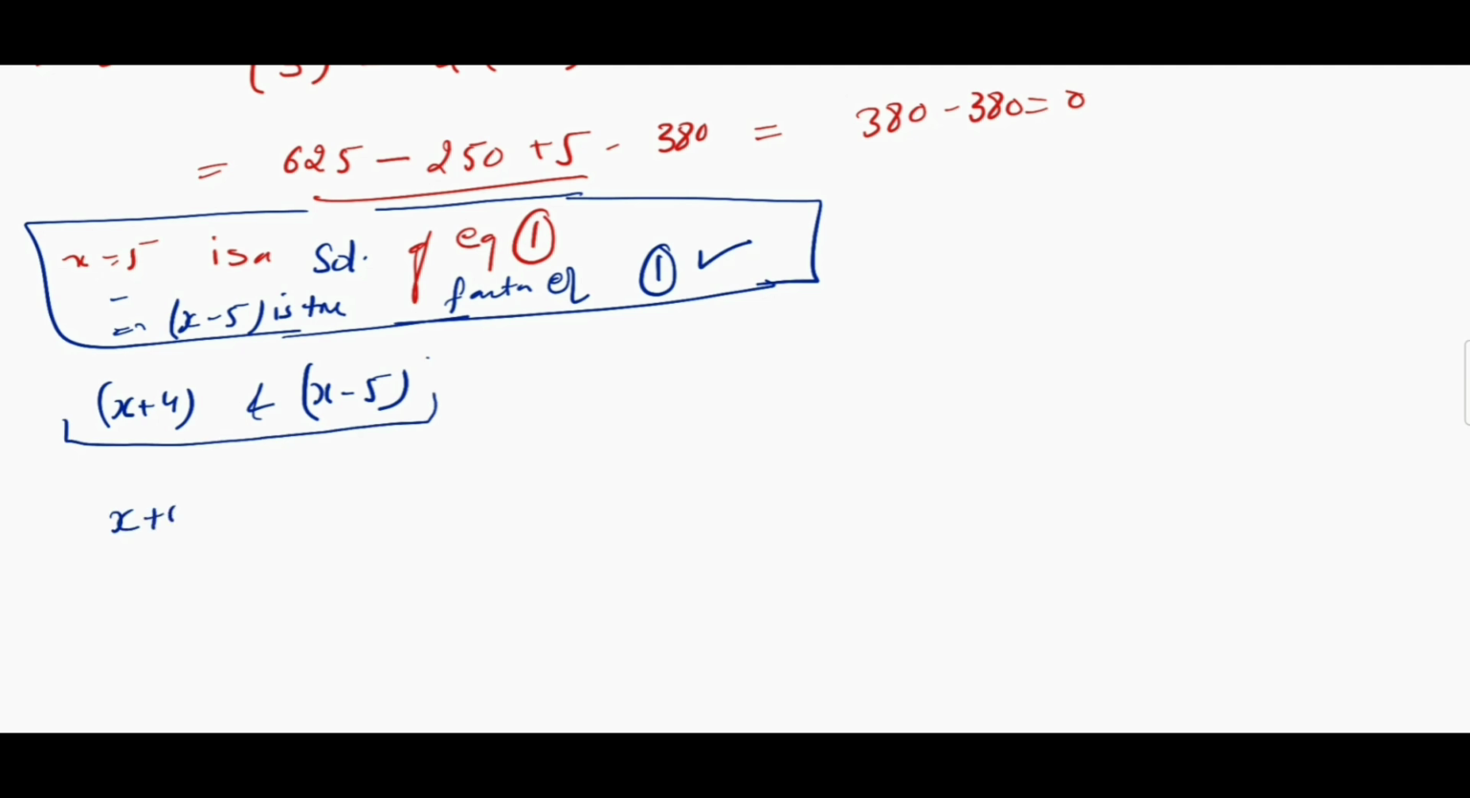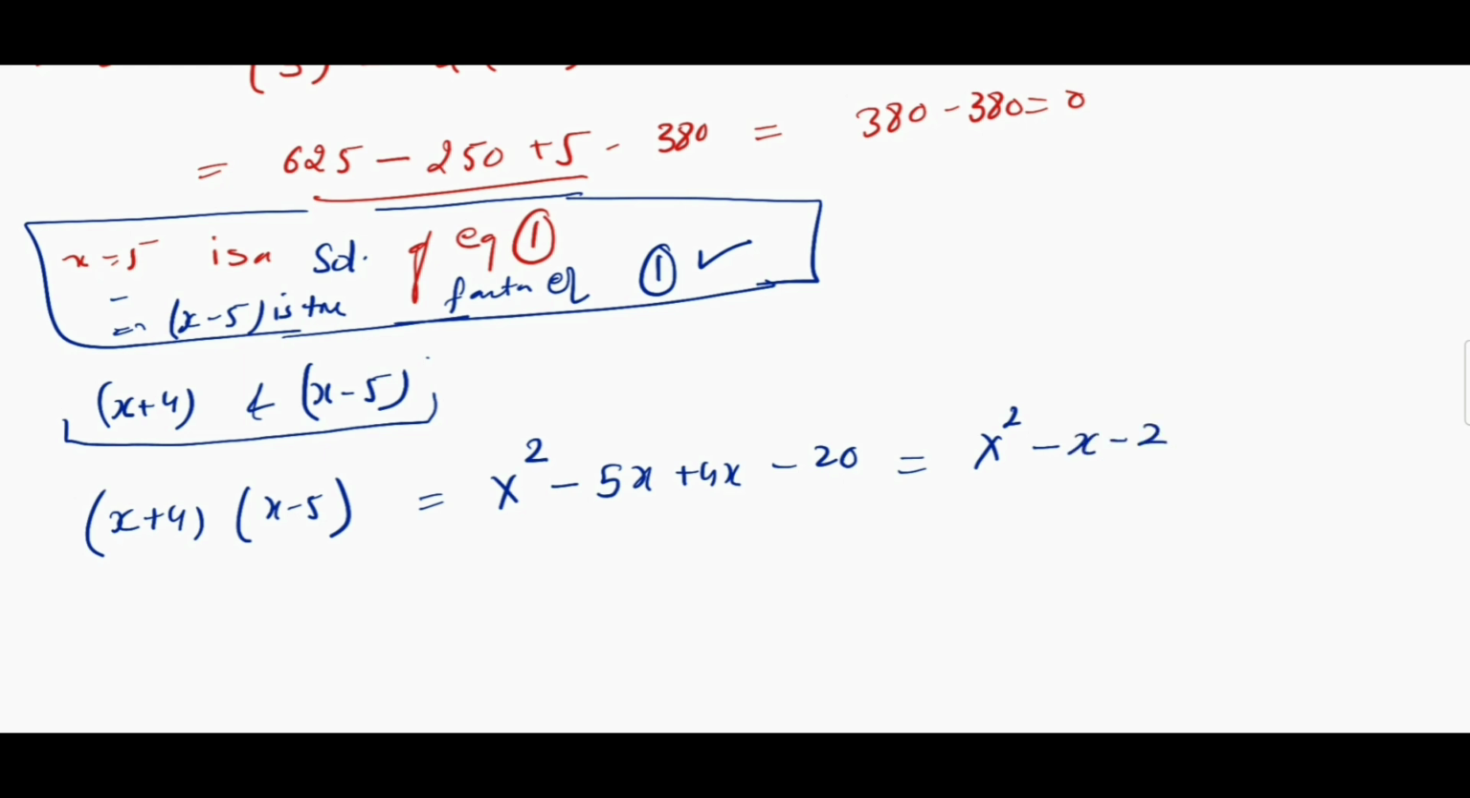So we'll multiply x plus 4 and x minus 5. Here we'll get x square minus 5x plus 4x minus 20, which is equal to x raised to power 2 minus x minus 20. This expression is also a solution of equation number 1. So when we divide the quadratic equation with this, we should get 0, and from there we'll get other two